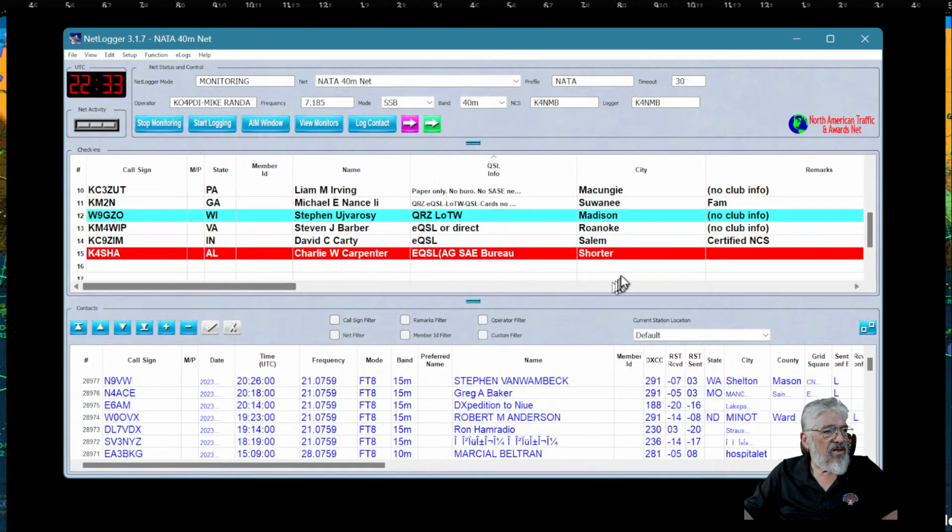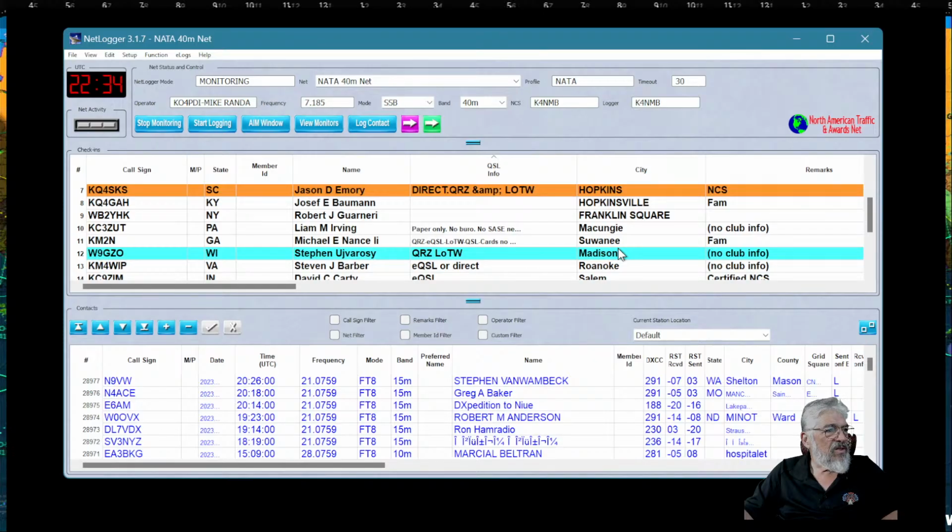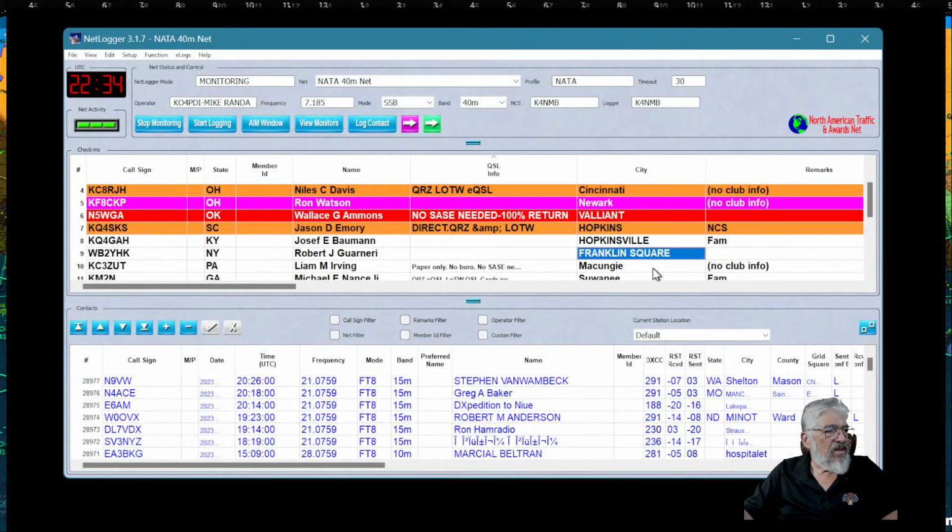And if you look, Roanoke, Virginia, Madison, Wisconsin, where else? Franklin Square, that's New York City. Oh, Robert Guarnier? Oh, I can't read that. Okay, and it's telling you how QSL information is collected right here.